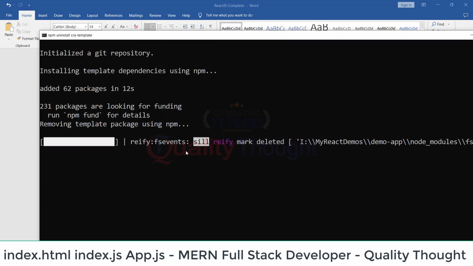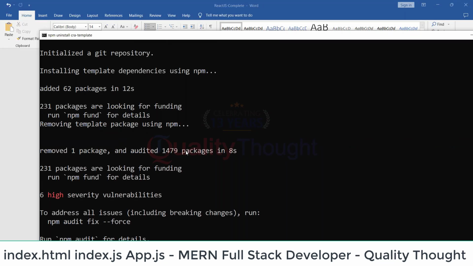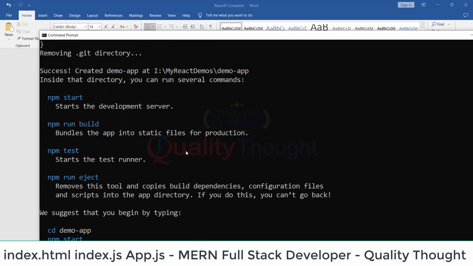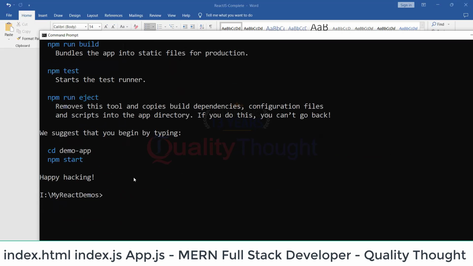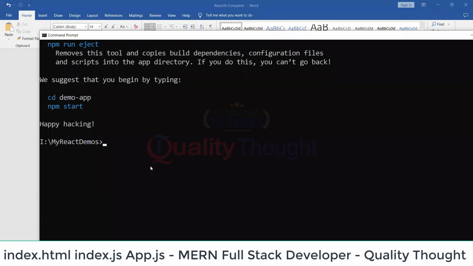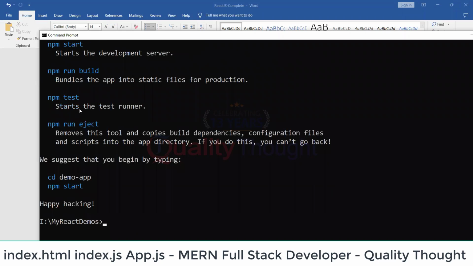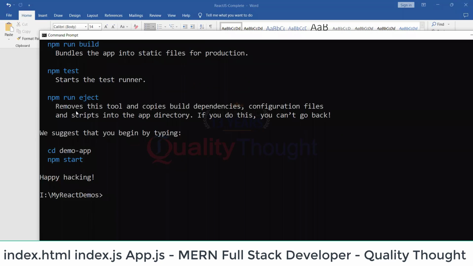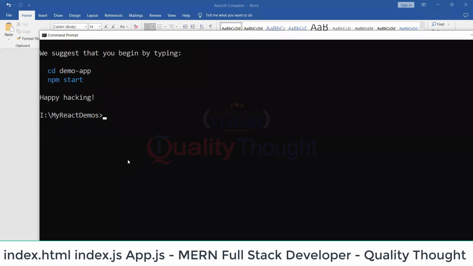Still it is downloading and creating some packages. Yes, finally it is completed. See that. These are the default commands. I will explain about these commands later because every command explanation requires so many things. Build means it is not just about the building process. So many things are there. There is a separate chapter on each command. But anyway, first,